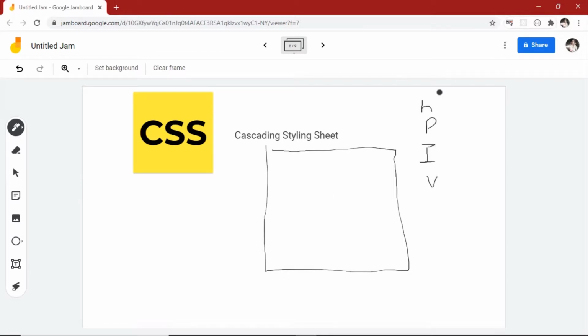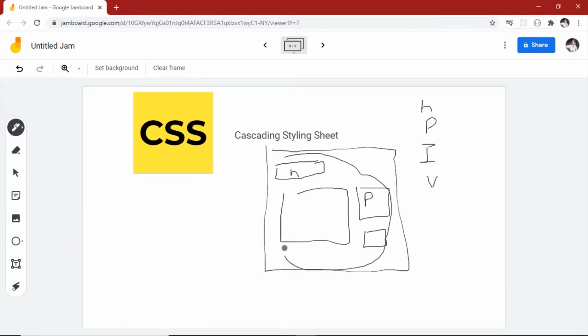But how do you want it to look like? Because it's not that you just want it in a random, single way, but you might find that, okay, I want the heading here, I want the paragraph here, I want the image this big and here, and maybe for the video, I just give a small window. So all of this is done how? This is done with the help of CSS.